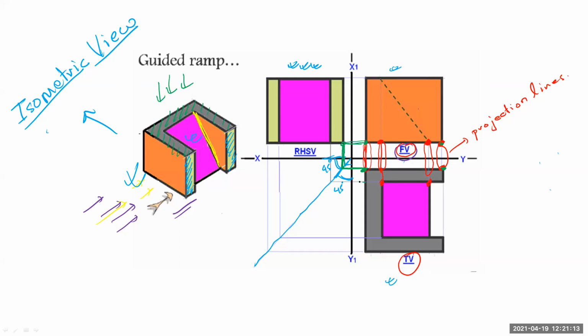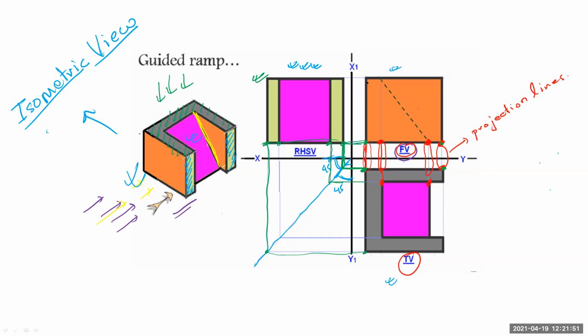Likewise, you have to project all the points from your top view, and you have to bring your line from your front view also, and wherever they intersect, you match them point by point. Okay, then you will get this side view. Got my point? Is that clear to all of you? Suppose this point is there, so you draw one horizontal line, and then from this point you draw the vertical line, so you will get this point.